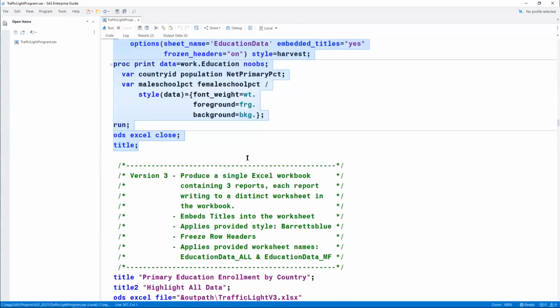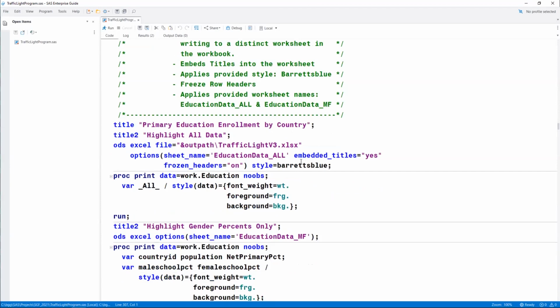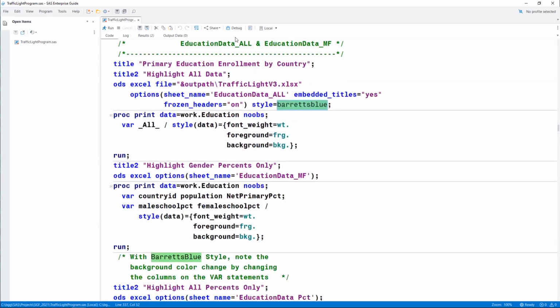In my third version here, what I want to do is change and have more than one spreadsheet go into my workbook. And so I'm changing the style to Barrett's Blue. And I have the sheet name up here of Education Data All.